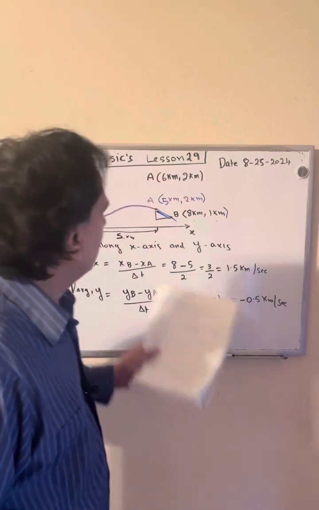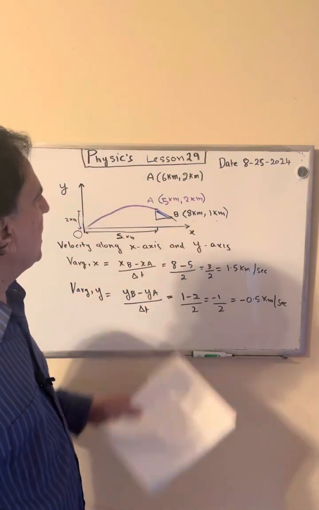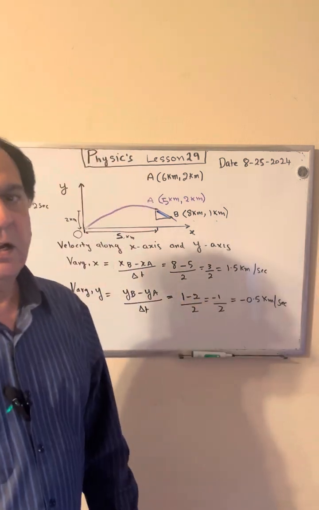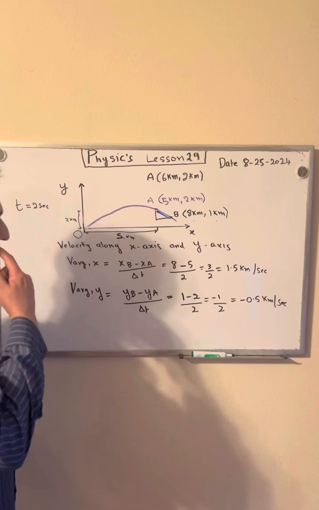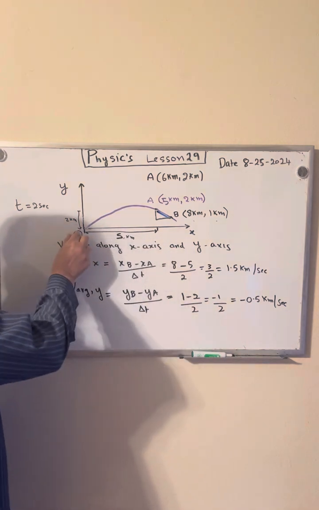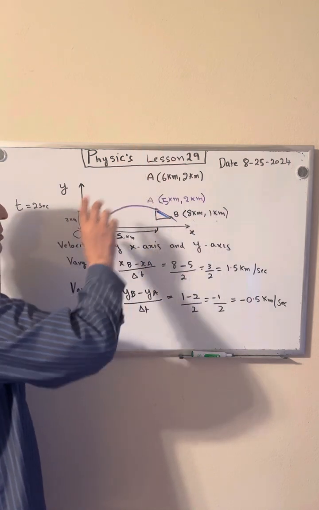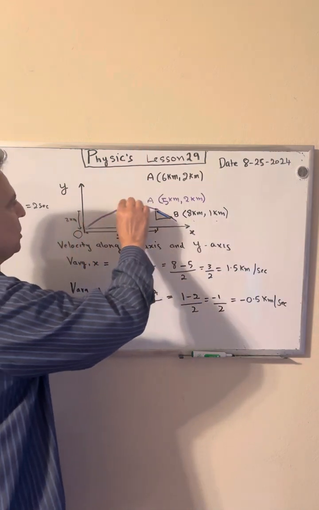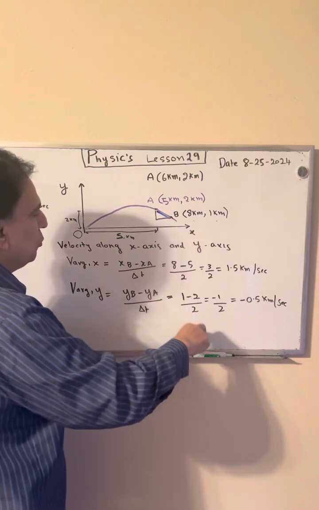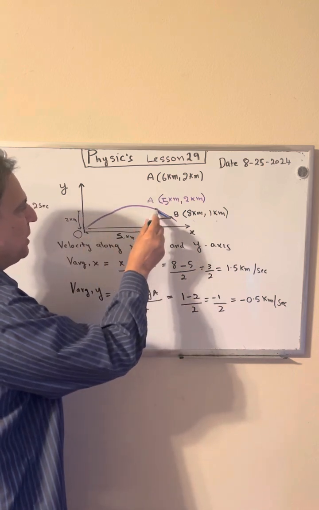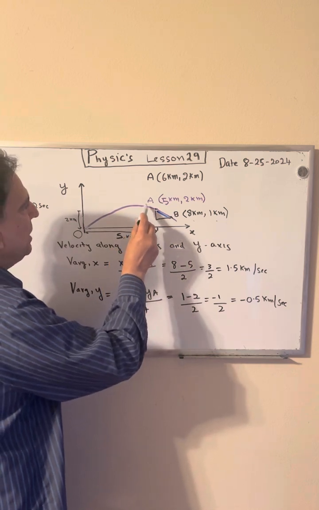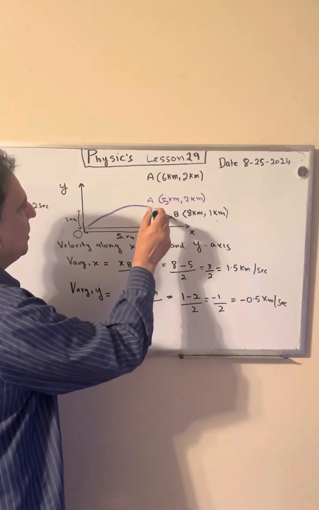Today's lesson, physics lesson 29, is going to be the continuation of lesson 28, in which, in my last problem, what we did was that we said, okay, there is a projectile motion, a ball was tossed up in the air, and it had a projectile motion and it landed somewhere on the x-axis. What we did was that we picked 2 points on that projectile, point A and point B, and then we have coordinates of point A, which is right here,